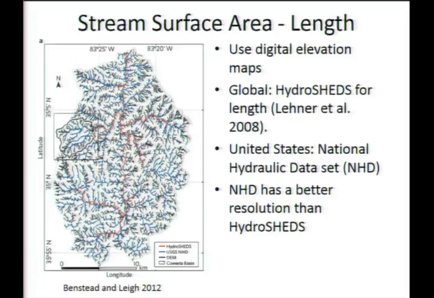This blue set of lines is from the National Hydrography Dataset for the US. This is kind of the gold standard right now. And what we do now, or what I did, is look for relationships and try to figure out how much the global data set was missing based on the United States data set, and then try to project this across the globe using scaling laws. And so when we did our global scaling, we basically added a stream order to the global data set,